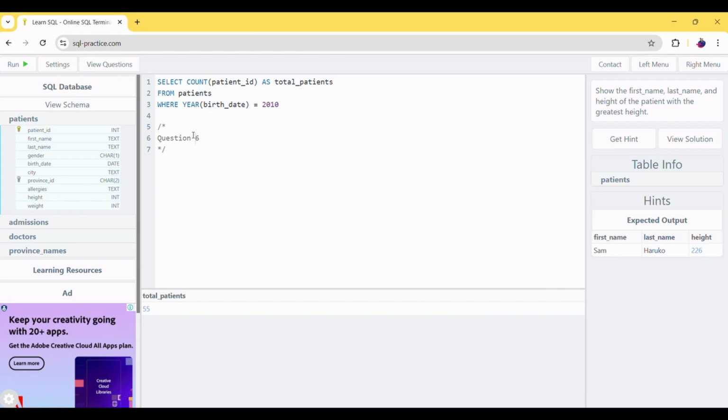Question number 7. Show the first name, last name and height of patients with greatest height. Great, so we are expecting only a single output here. Select first name, comma, last name, comma, height from patients table,